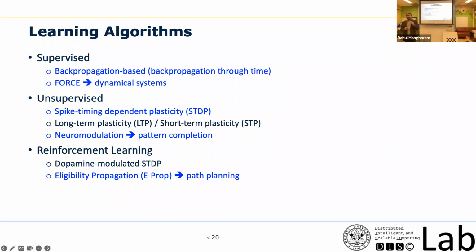So this FORCE algorithm can help you to mimic that system, in the sense that if the input becomes silent over thousands of time steps, we should be able to predict exactly how the model should behave in that time period. So FORCE is a very good example, and we have demonstrated that. STDP is what we have started with, and we are building the hardware for it, but we are going beyond that. Neuromodulation, as I said, we are using to solve pattern completion problems, and eligibility propagation is something that we are using for path planning in robots.